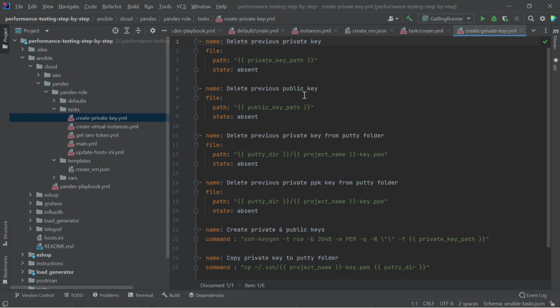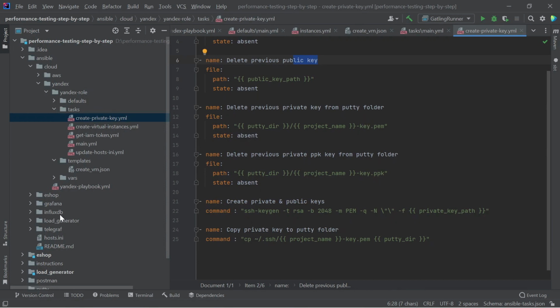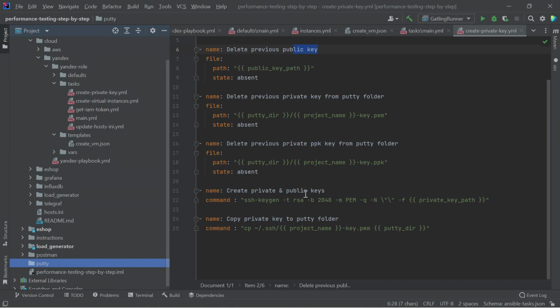We do the same with the public key. We clear the putty directory, then create a private and a public key. And we make a copy of the private key in the putty directory.